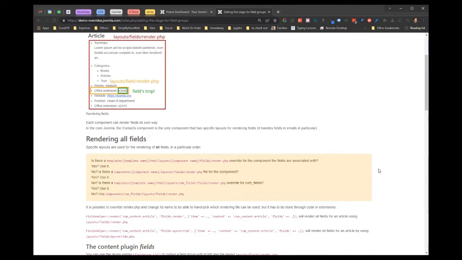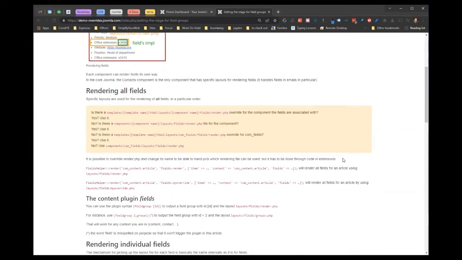If you look at the little yellow snippets I have here, Joomla looks first if there is an override for the component you get the field from. So if you're in an article, for example, you are in the context of the content component. It will look for the override if you have any of the fields